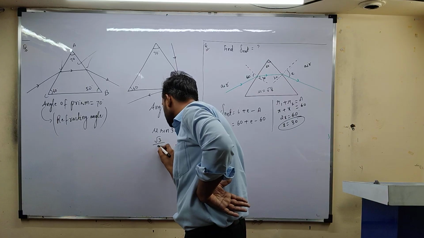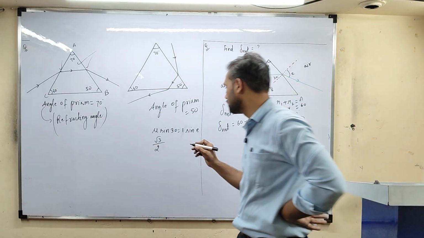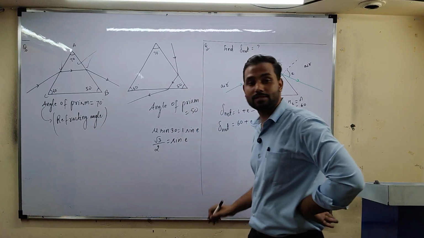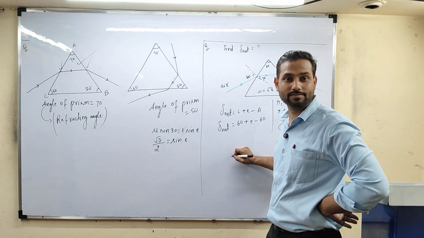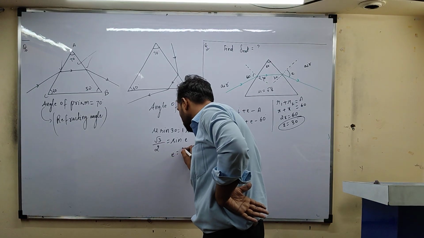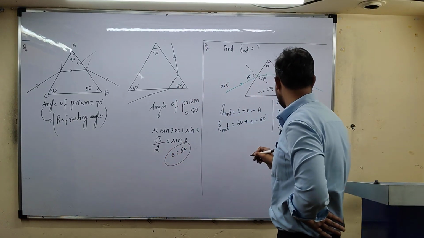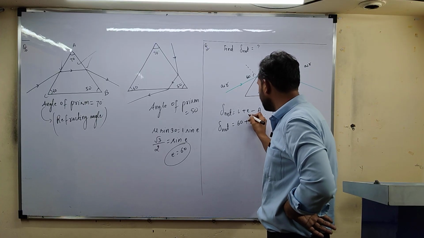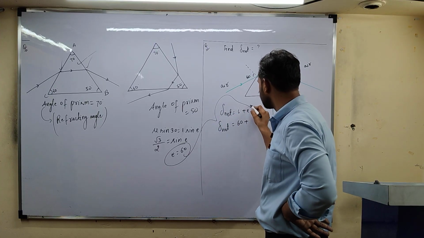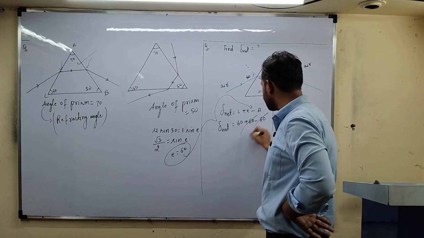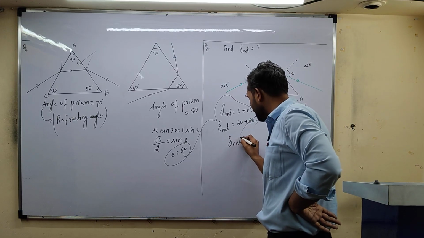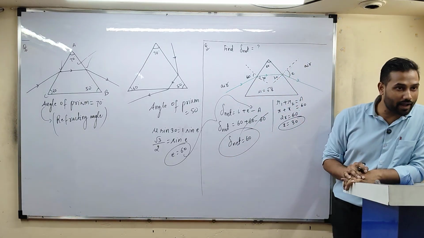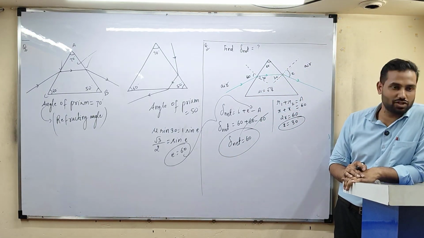√3/2, क्योंकि 1/2 आएगा साइन 30 का, और ये साइन ई। अब साइन में √3/2 किसका आता है? 60 का, तो ई इक्वल टू 60। अब मुझे यहां पर ये पता चल गया, ई के प्लेस पे मैंने रख दिया इसको, इसके प्लेस पे 60, ये 60 कट गया, तो नेट कितना आ गया? 60। तो ये नेट डिविएशन कितना हुआ है? 60 डिग्री का नेट डिविएशन हुआ है।